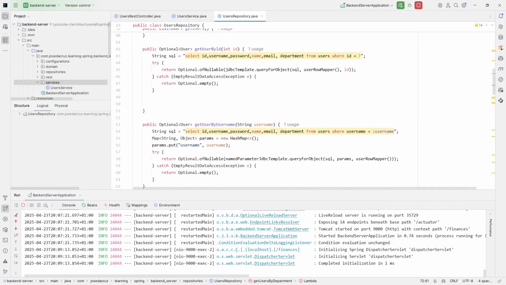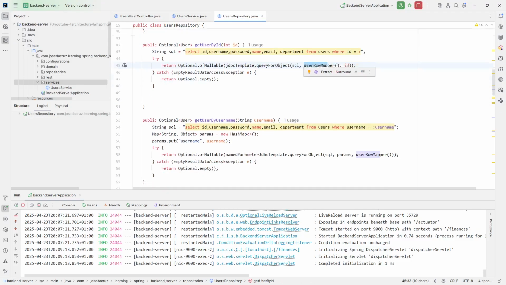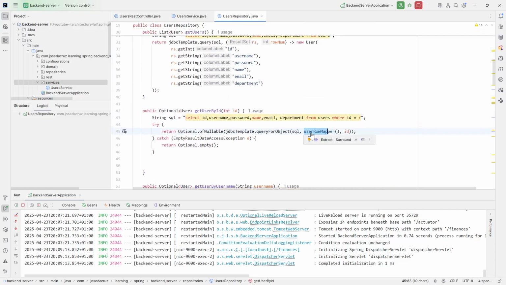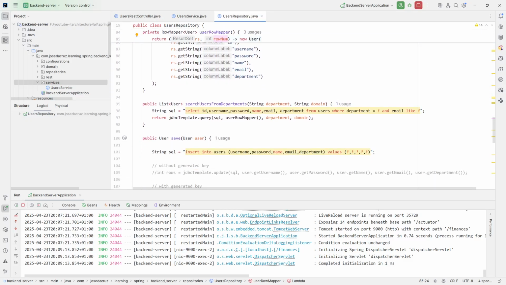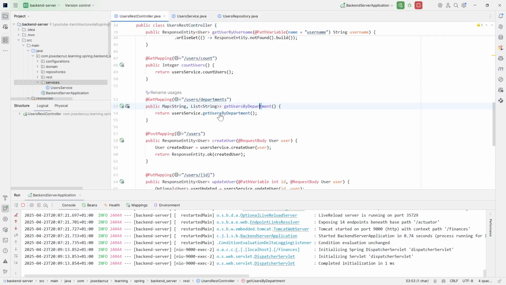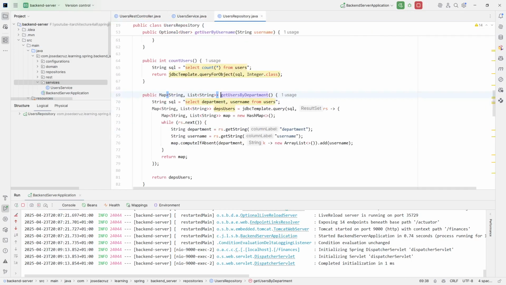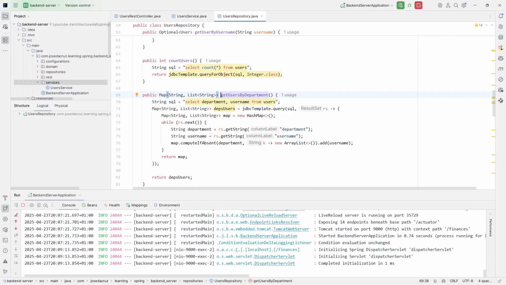And I think we have an example here, a RowMapper like this one. This RowMapper, if you check, is just to get the user by ID, and you can use a RowMapper, but this is row by row, it's a difference. We have a result set and the row number. We are mapping here, which is different from what we did right now to get users by department, where we receive the whole result set and we can do whatever we want with this code. So I hope this is also a nice addition to your